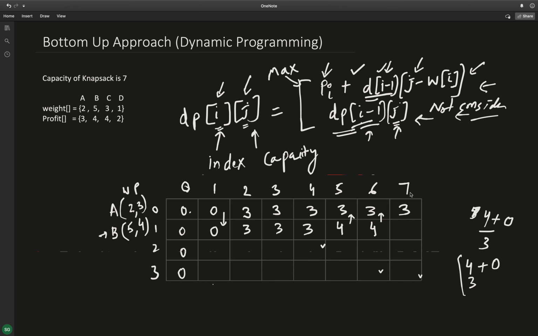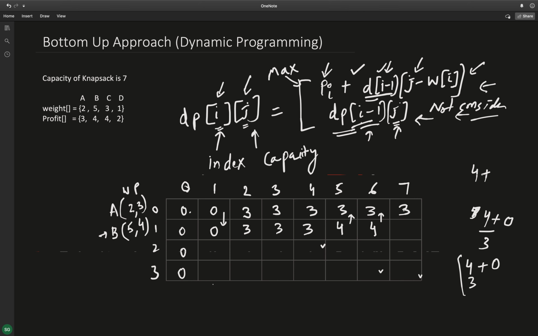Now I reached a bag of capacity 7. If I consider this item, the profit I'll get is 4 again, plus the capacity remaining is 7 minus 5, that is 2.